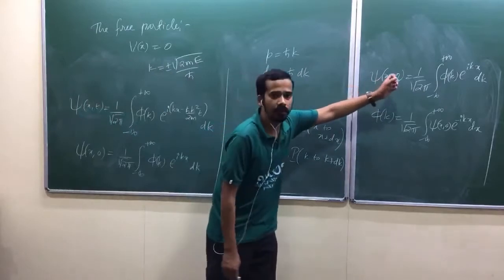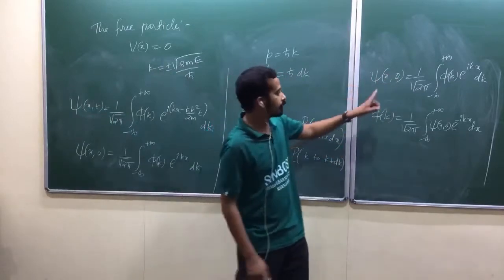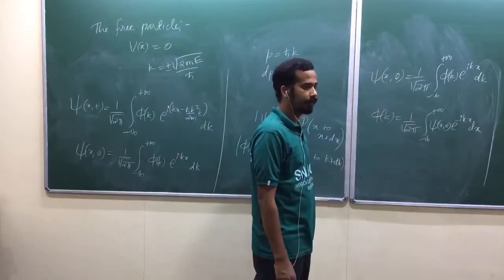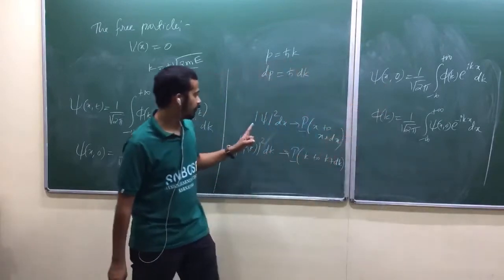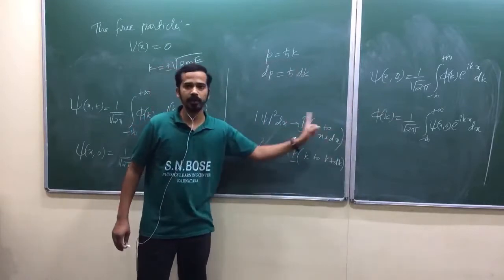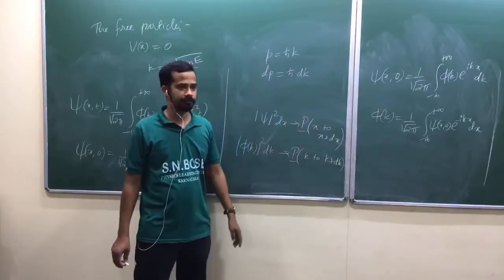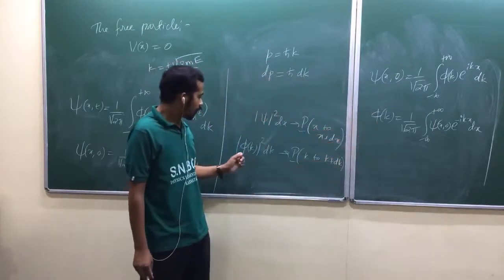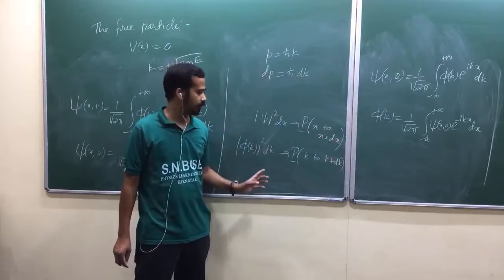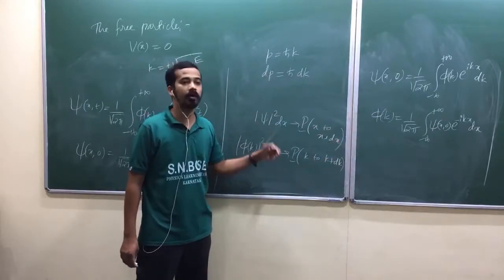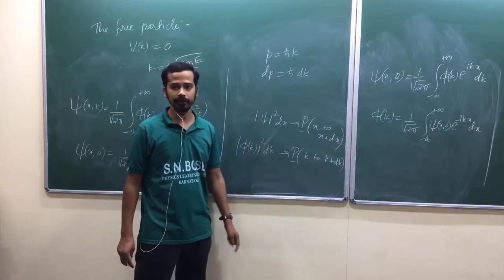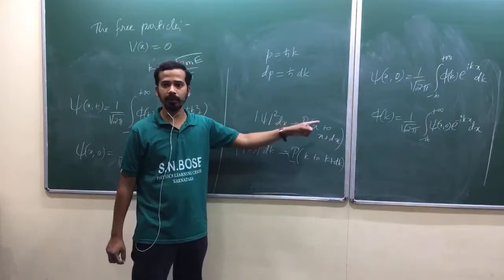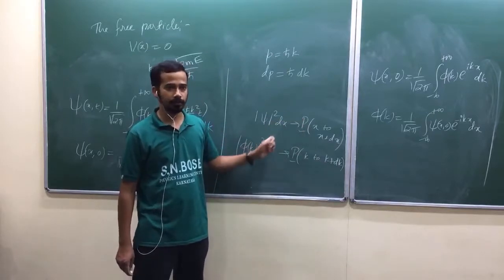Now look at here. We call this one the position space wave function. We call this one the momentum space wave function. The position space wave function, mod psi square dx: what is the interpretation? Probability of finding the position in the range from x to x plus dx. Now, momentum space wave function mod phi of k the whole square dk: what is the interpretation? Probability of finding the momentum or k ranges from k to k plus dk. Here your measurement should be momentum measurement. Here your measurement should be position measurement. This is the interpretation.